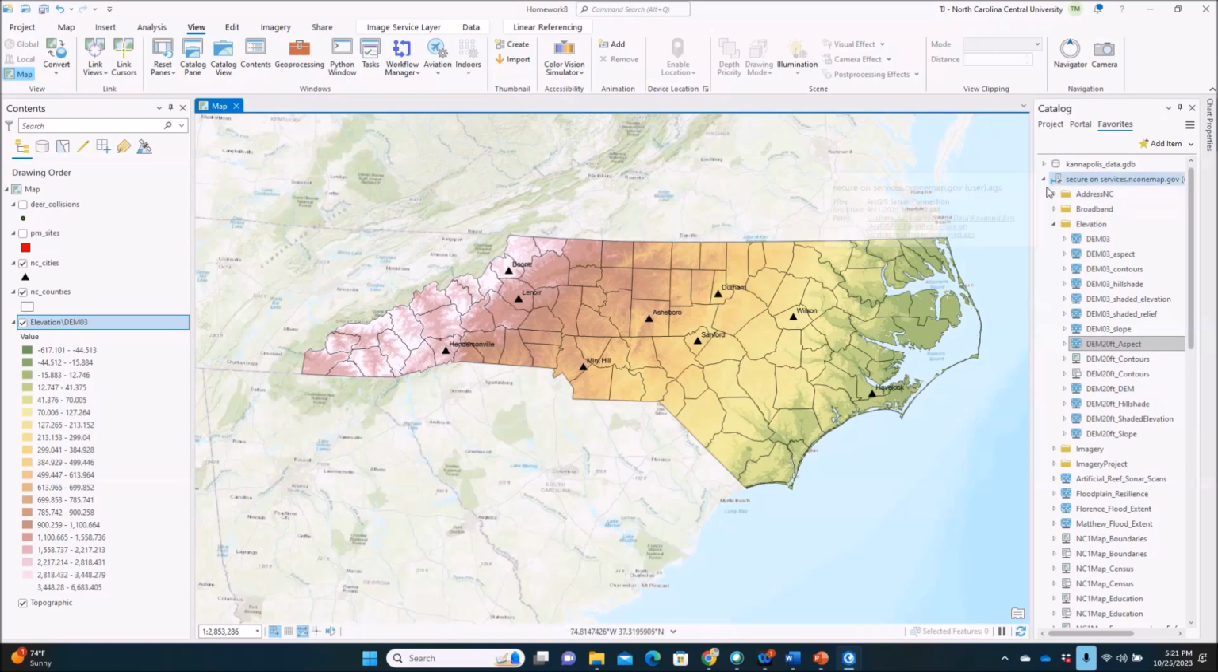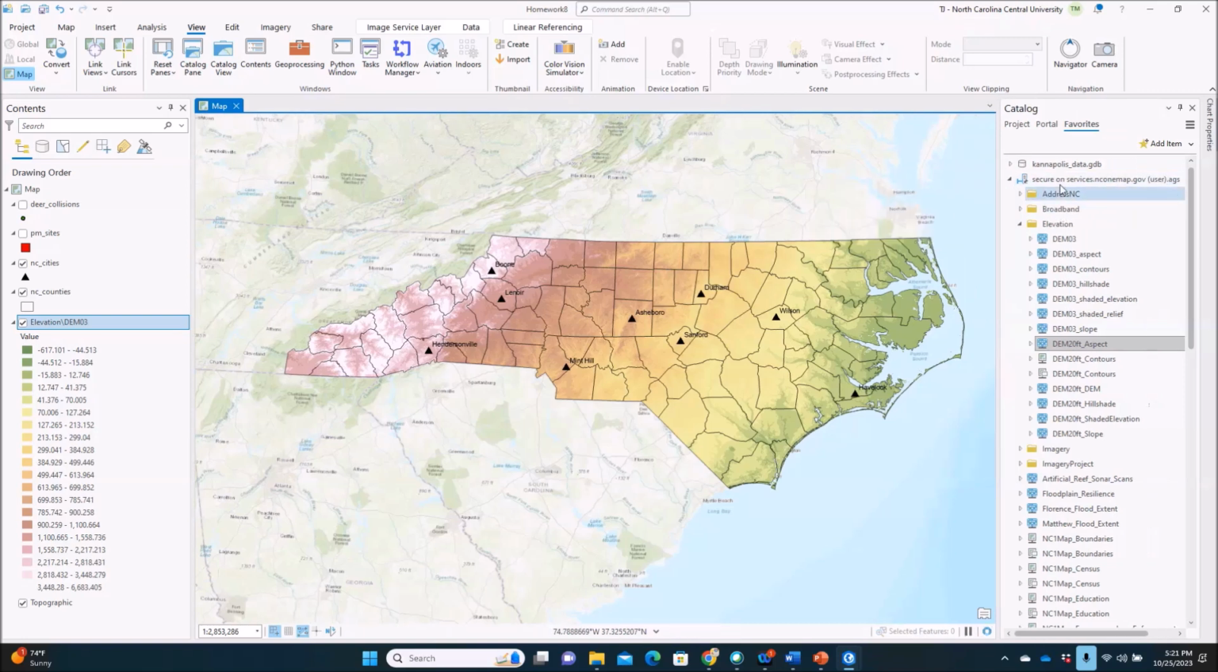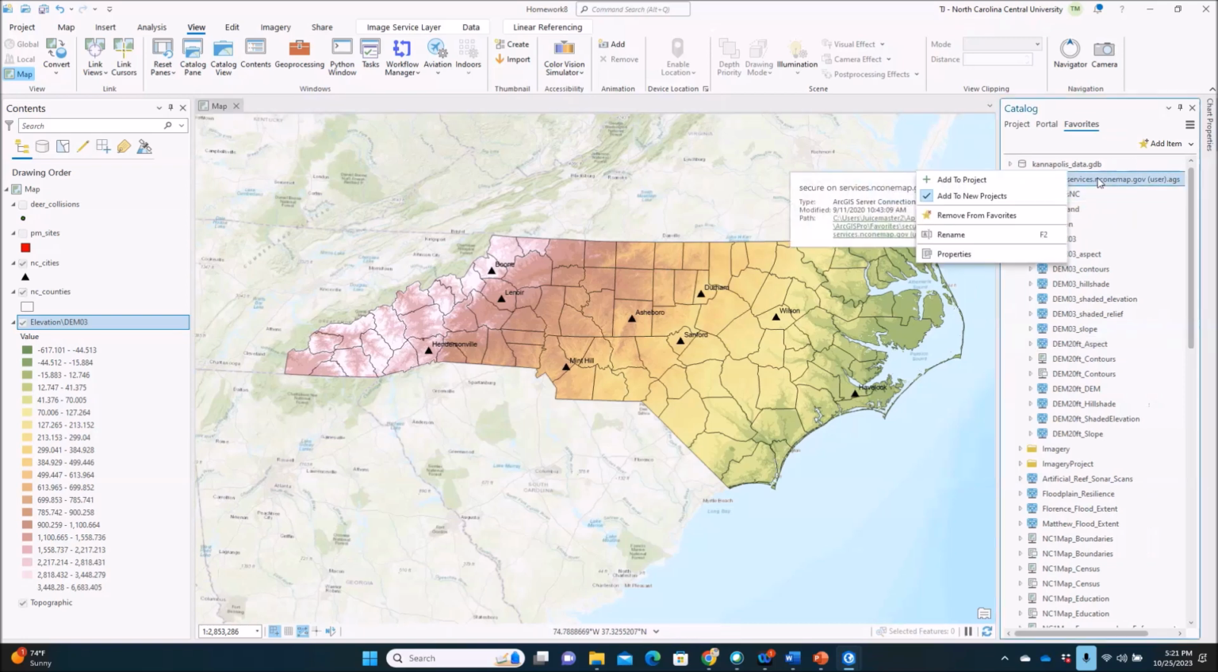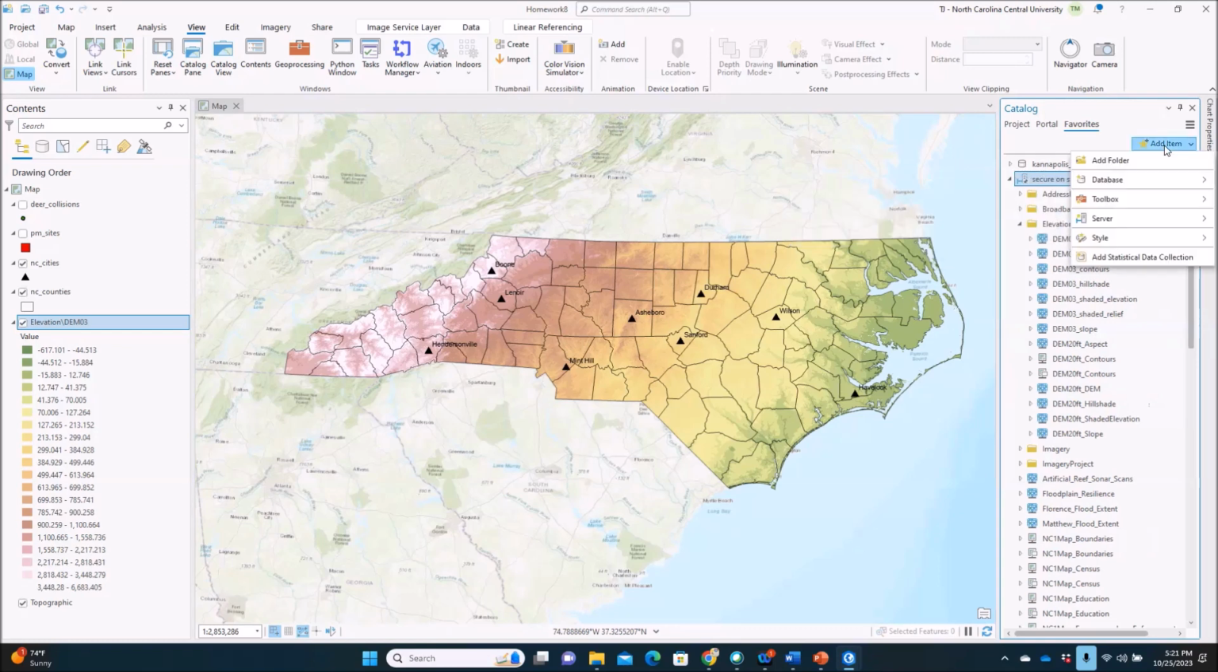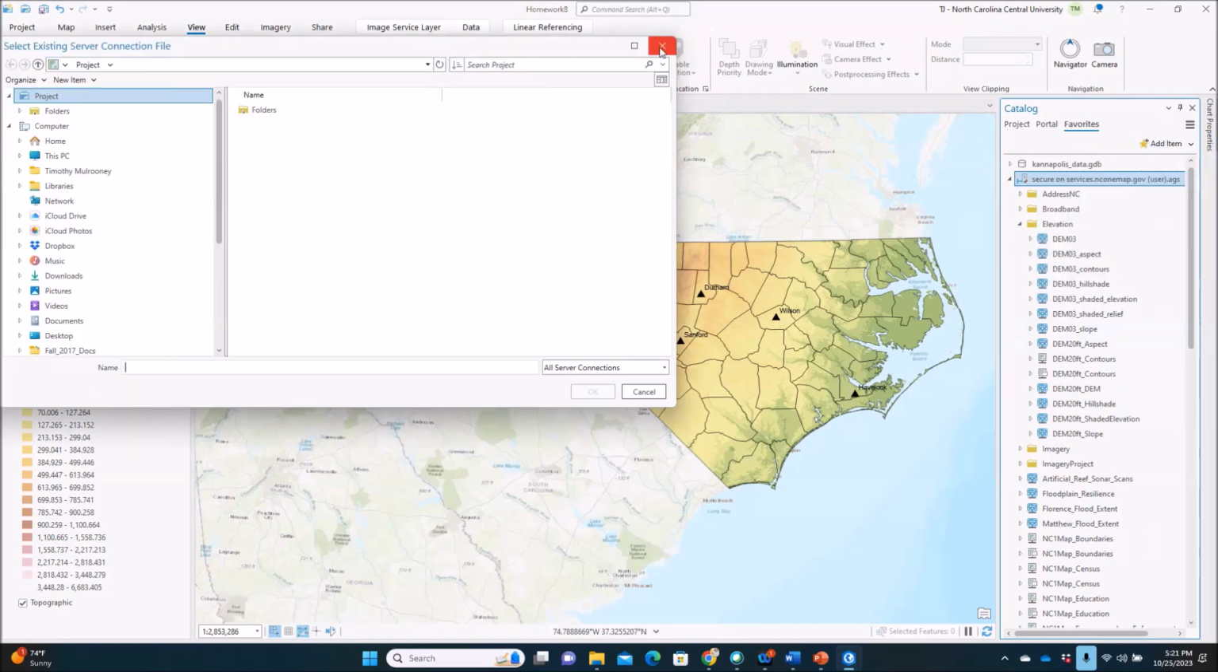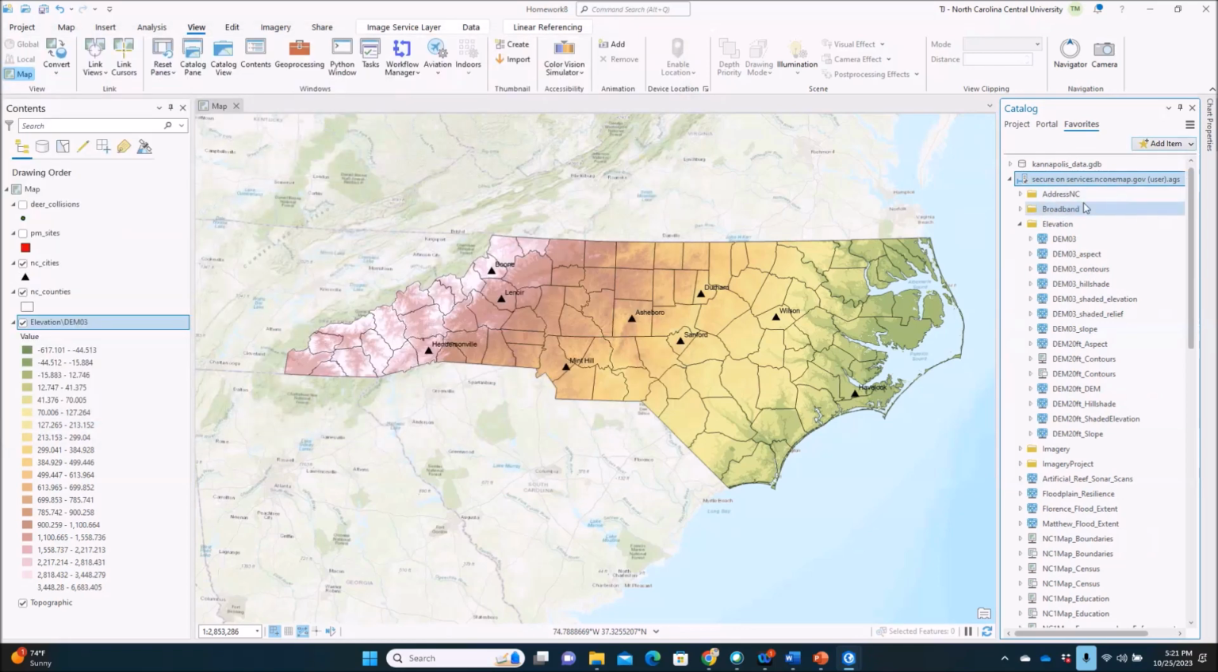that I've connected to a server, and so I've got a secure server here on services. So I can go and add items, I can add folders, I can add servers right here. So if I go to add server, if I know the information about it, I can add a brand new server that's sitting over on someone else's database that I don't have to take care of. And so this is the North Carolina One Map. If you go to